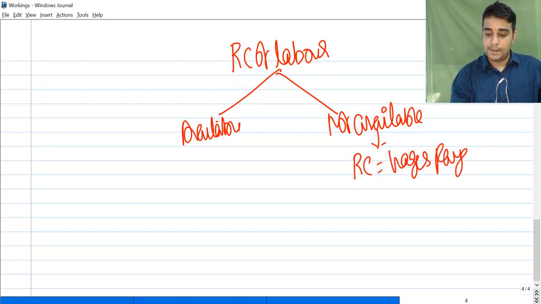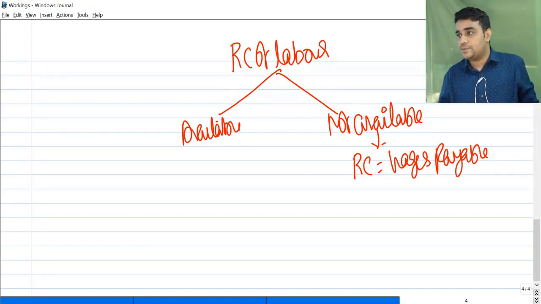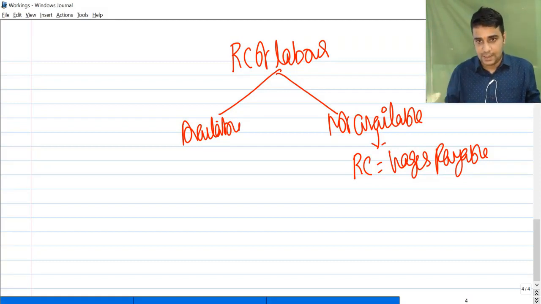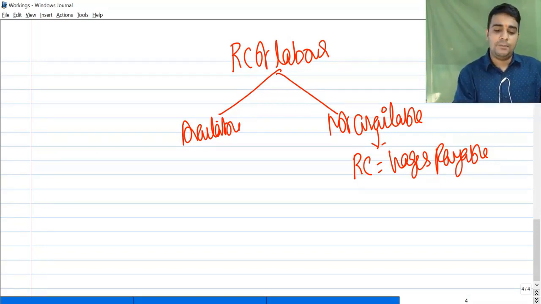wages payable. Some extra recruitment cost, training cost and all can come. Sometimes the question can say some recruitment cost which you are incurring or some training cost could be there. Because if you have to recruit people, you have to pay something to the consultants, or within the company itself you will pay some referral bonus. So extra cost can be there. Relevant cost is wages payable plus extra cost if at all anything is there. Not available is very simple. Available, two scenarios.